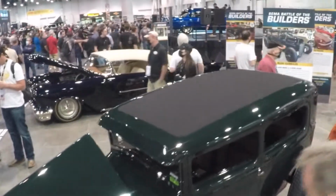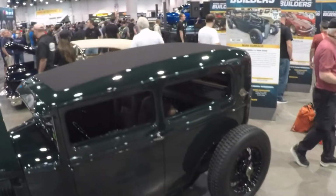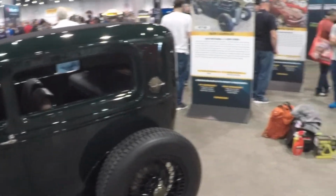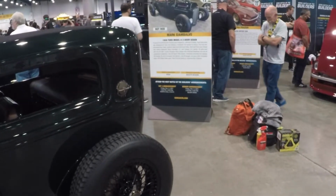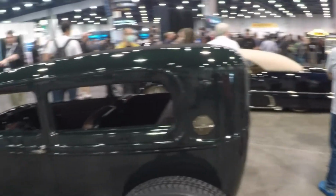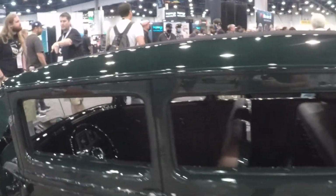Okay, here's a sweet little one. And here we got a '32 Tudor. '32 Tudor, pretty, really nice car. I like the color. I like the paint. It's pretty. I'm hoping it's a Model A, a well executed car. Similarly well, I'm kind of hoping my Tudor A can come out similar, though I'm going to obviously do a